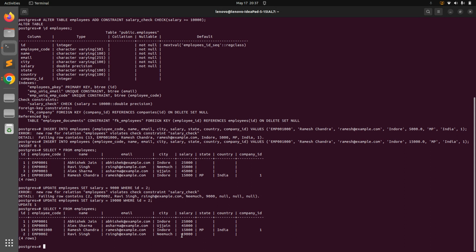First, we need to add a gender attribute into the employees table, and we can add the check constraint in the same query as well. So this is a new thing, so you can also learn here how we can add a column and a check constraint in a single query. So what we can do here: alter table employees, add column gender, and make it